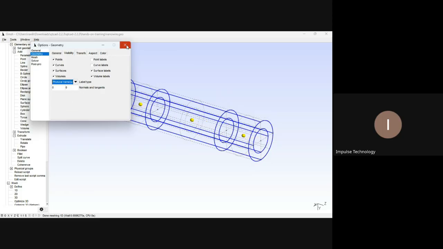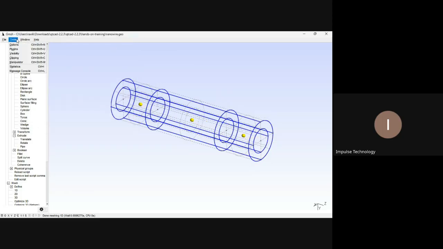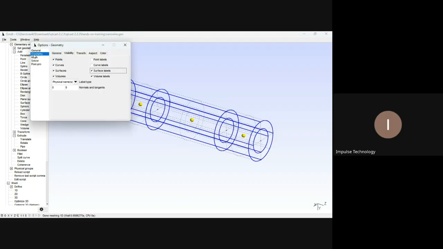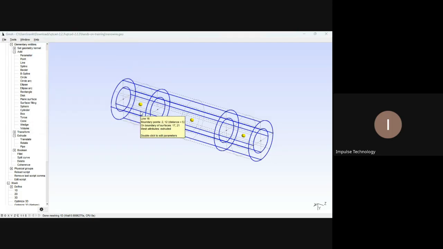Again, I repeat, go to the tool option, click on the geometry, click on the surface label, volume label also, and change to the physical name. Once you click on this, you can see the volume here, volume 1, volume 2, volume 3 here. After that,